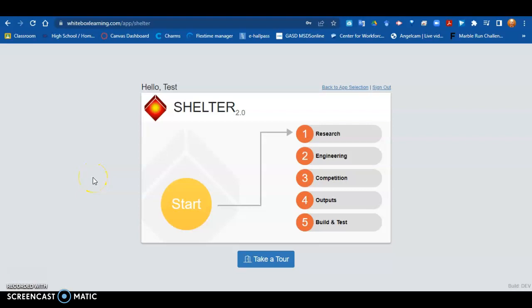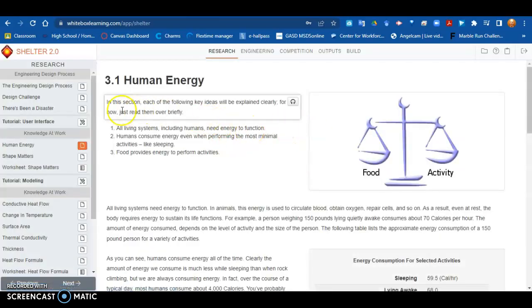Okay, welcome. This is an overview of Shelter 2.0 and the white box learning activity associated with this, what you are supposed to do. We are going to run this as a group activity, but each individual needs to do a virtual design and needs to complete the Shelter 2.0 module. So when you come in, you're going to start, as we do with all of our other ones, with the engineering